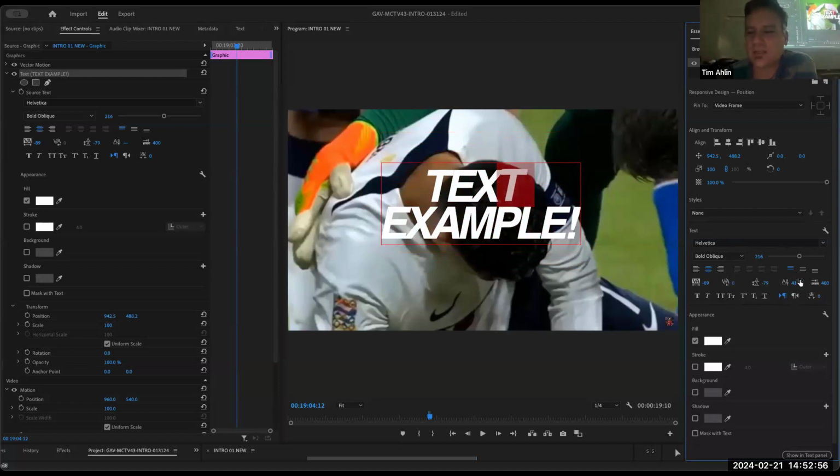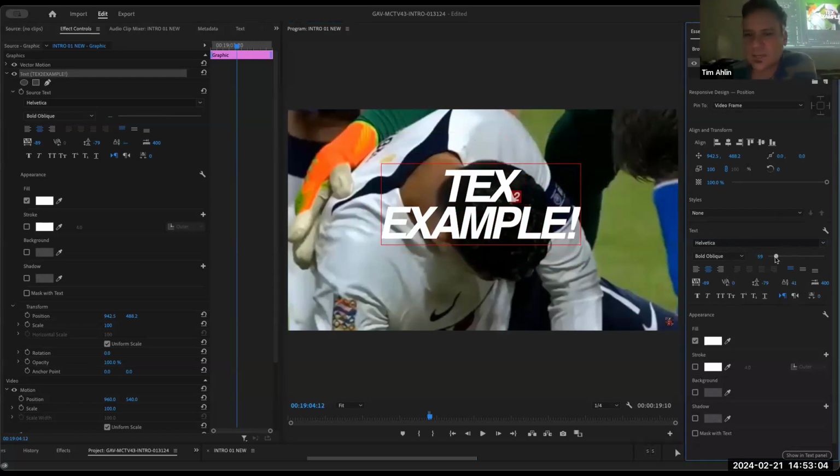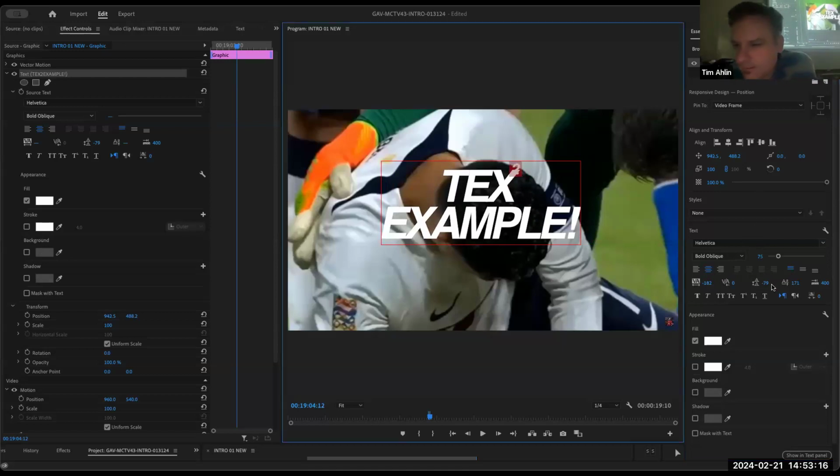Why would I want to do that? Well, what if I did this? Check this out. I'm going to select my 2 and make it smaller. And then I'm going to use baseline shift. Is it my tracking?